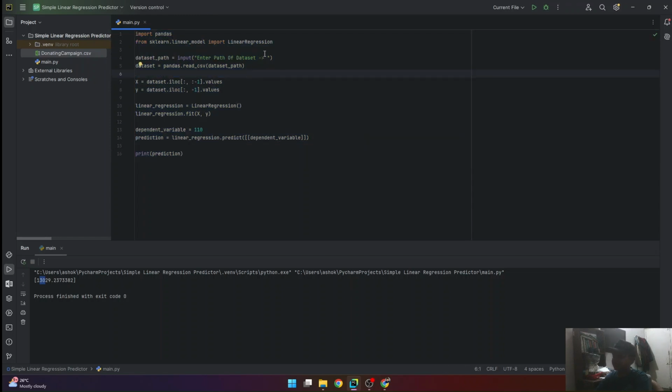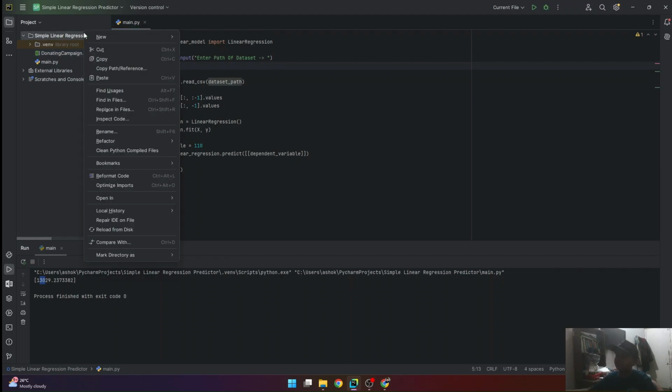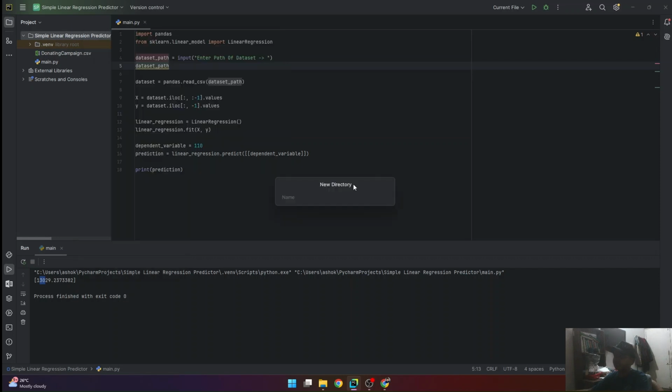And for the dataset name, I made a creative way to get it. Assuming that it's a path, you can't save the new upgraded dataset in the same path by replacing it. You don't want to do that. If something wrong happens and you lose the original dataset, it's going to be a problem. So in this our main project folder, we'll create a new directory. We can call it updated datasets or filled datasets.